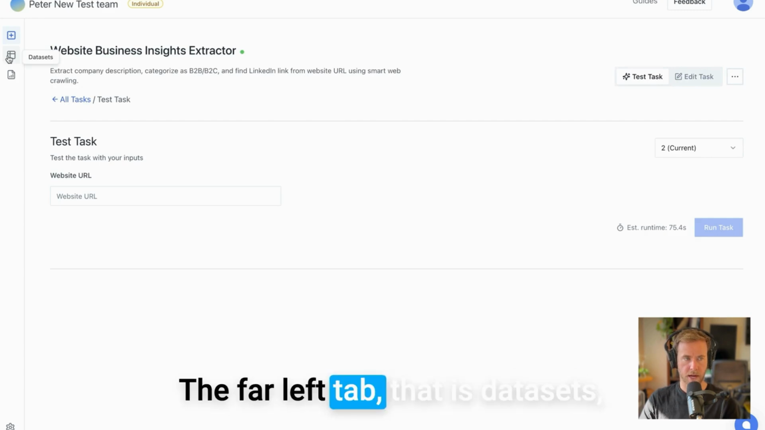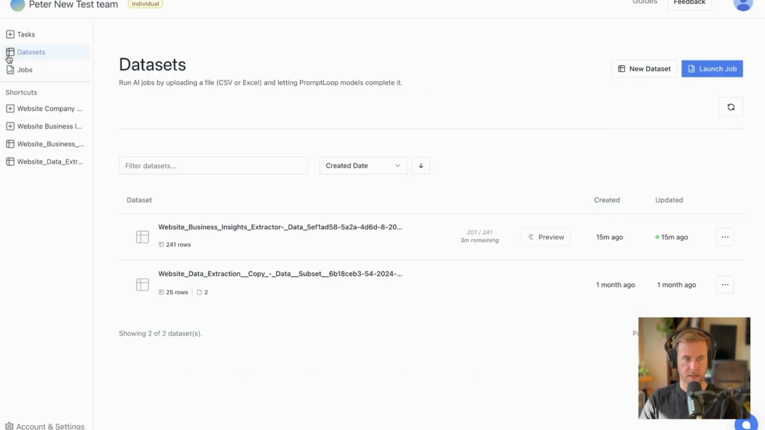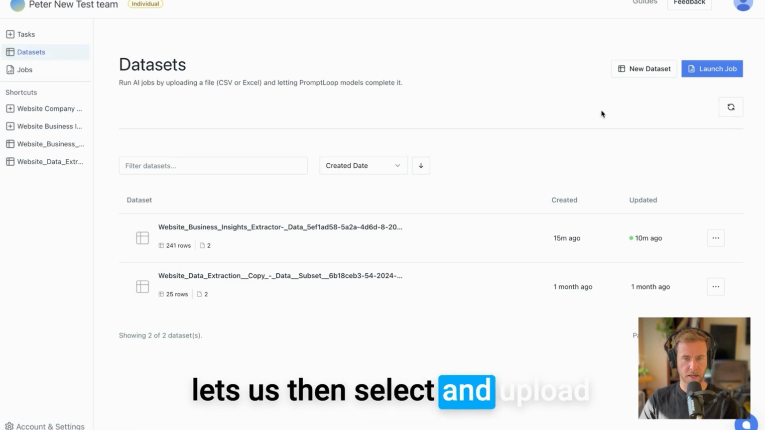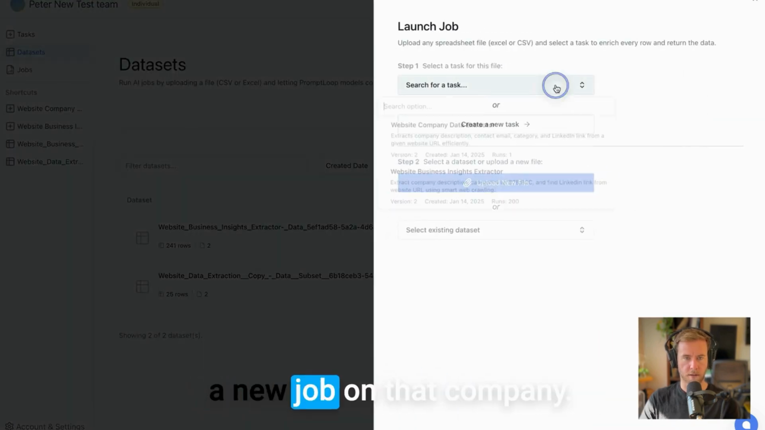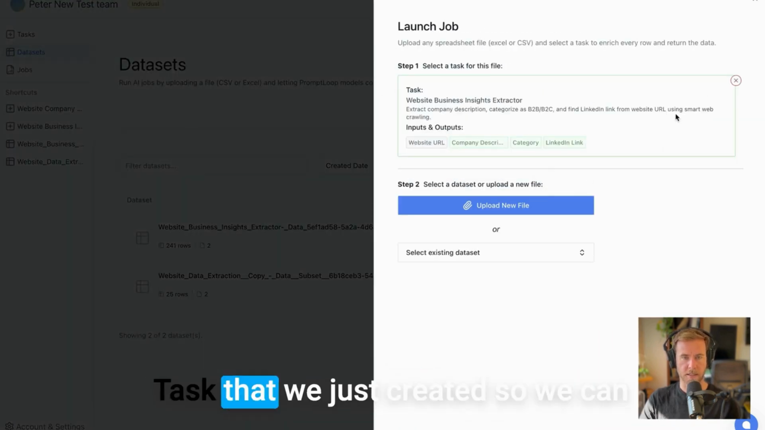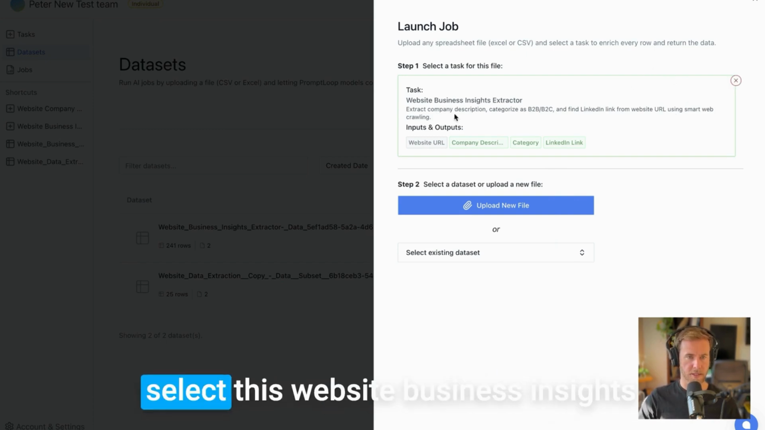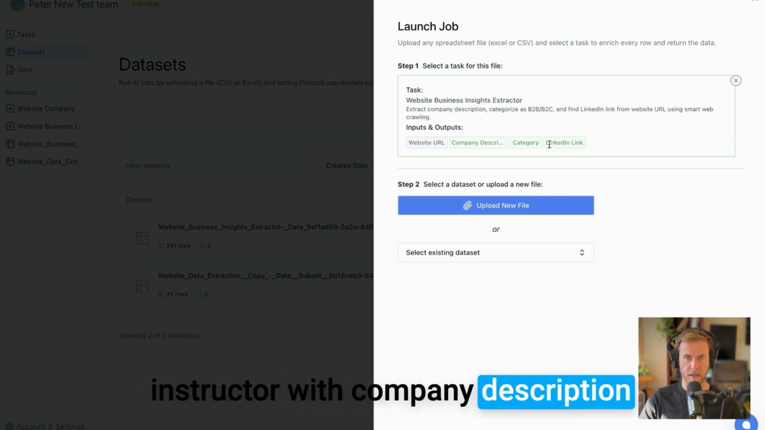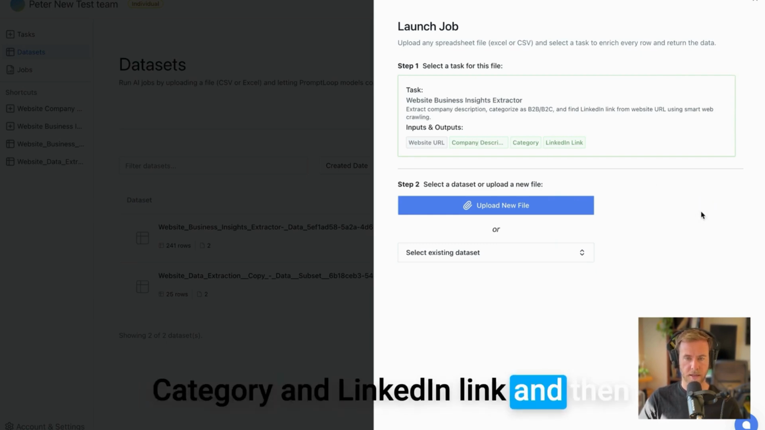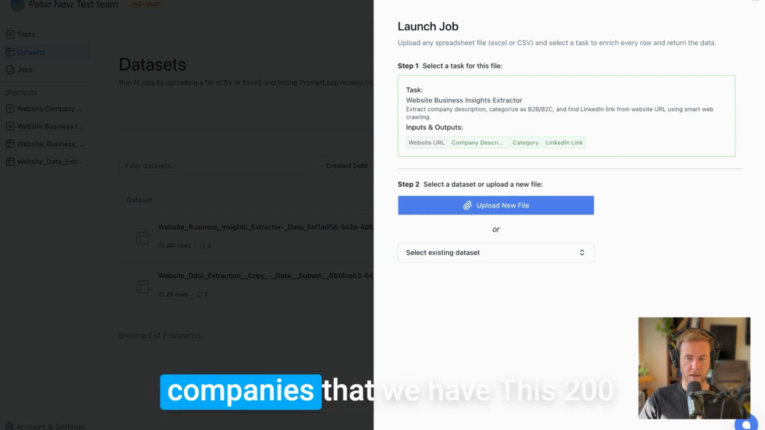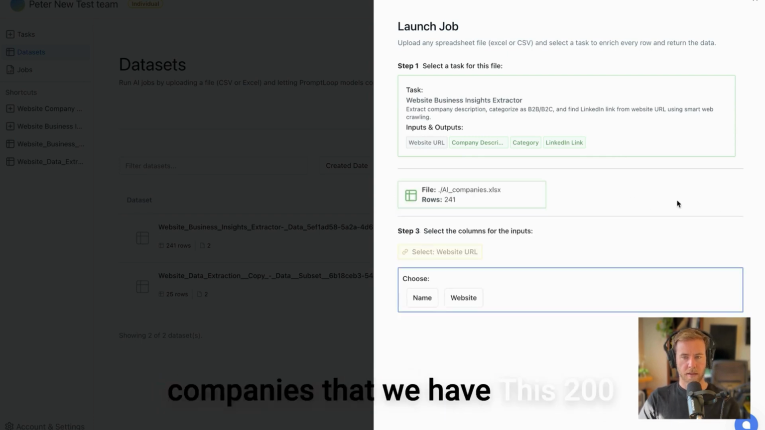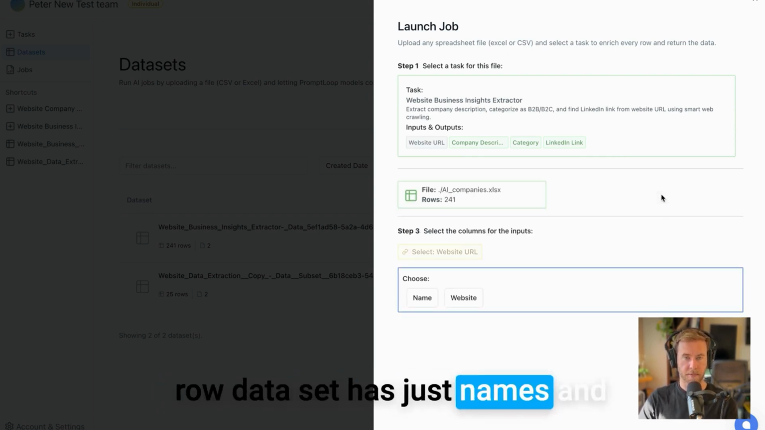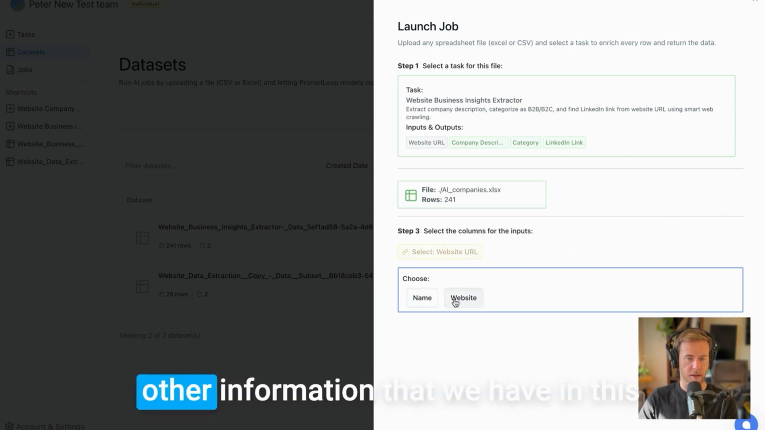The far left tab, that is datasets, lets us then select and upload a new job on that company task that we just created. So we can select this Website Business Insights Instructor with company description, category, and LinkedIn link. And then I'm going to upload a file of a list of companies that we have. This 200-row data set has just names and websites,